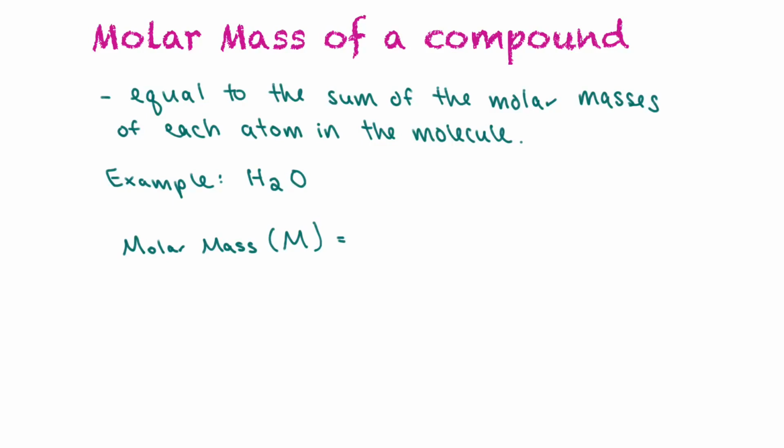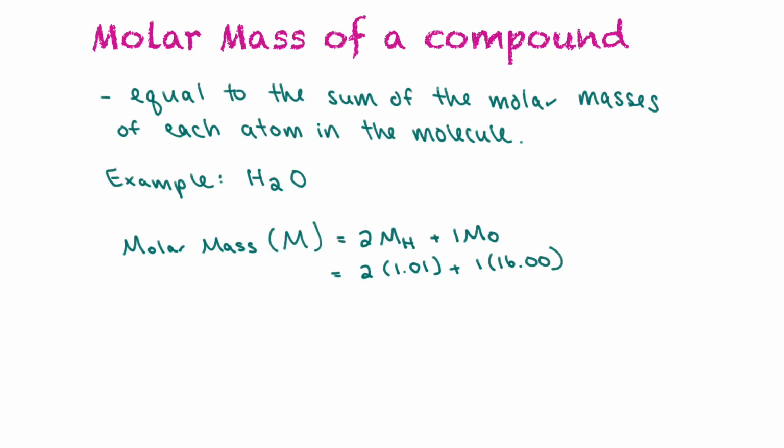So to calculate the molar mass of a compound, we would have to add up all the molar masses of each atom in the molecule. So the example that we're going to work with is water. So the molar mass, and the symbol for molar mass is a capital M, is equal to, there's 2 atoms of hydrogen, so it would be 2 times the molar mass of hydrogen plus 1 times the molar mass of oxygen. So we sub the values in, so 2, and we look up on the periodic table, and the molar mass of 1 hydrogen atom is 1.01 grams per mole, plus 1 times